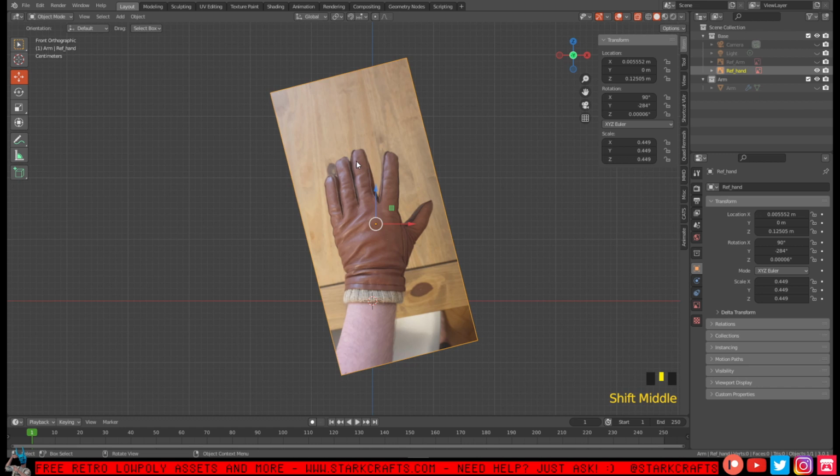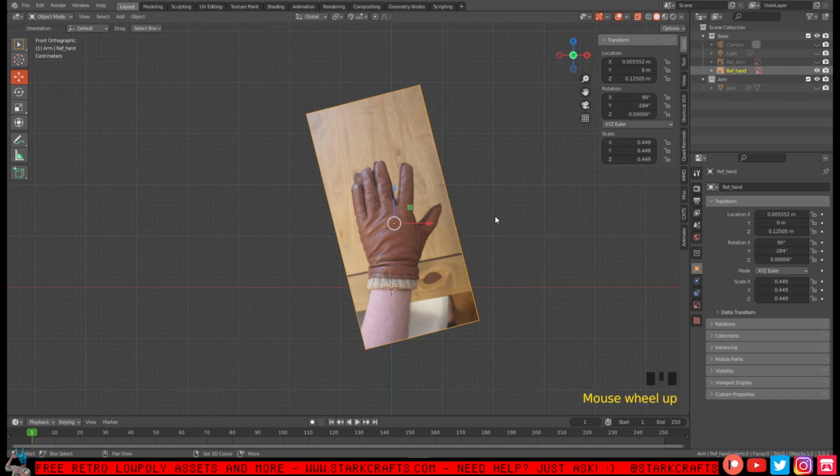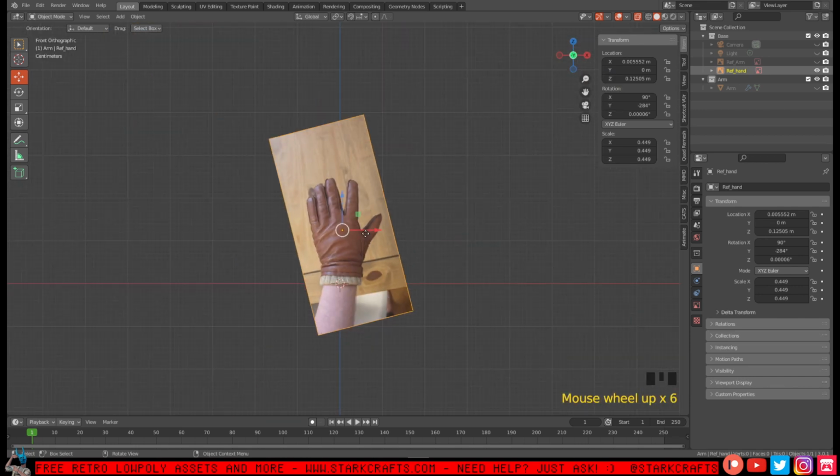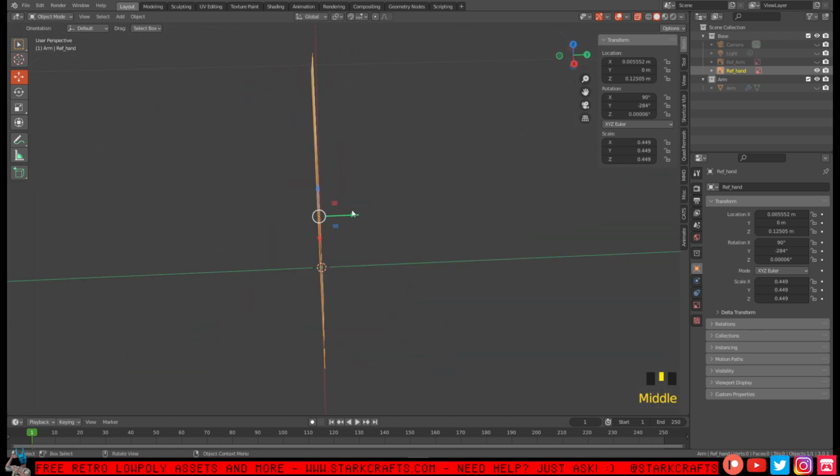And well, like I said, you can do individual fingers, but for this retro GoldenEye vibe, it's totally enough to have the trigger finger. But I mean, that's up to you. I will explain this way of doing it. So let's work with only this reference. Let's drag it back